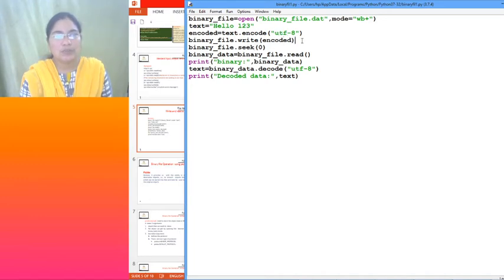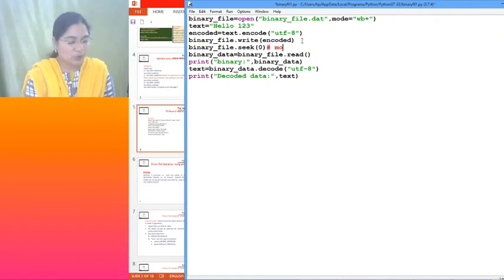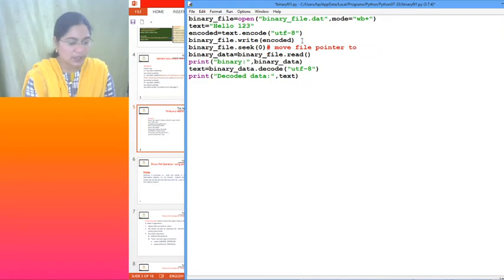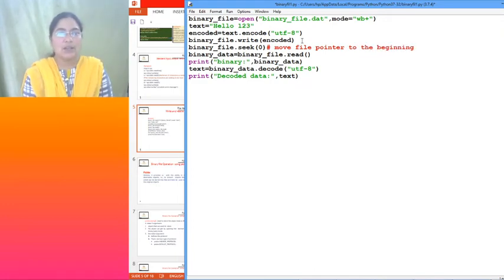Why should we use seek? Seek will move the file pointer to whatever the required location, that is here 0. So 0 means the beginning of the file. Otherwise, what will happen once we have written something? Where is our cursor? At the end of where we have written, isn't it?